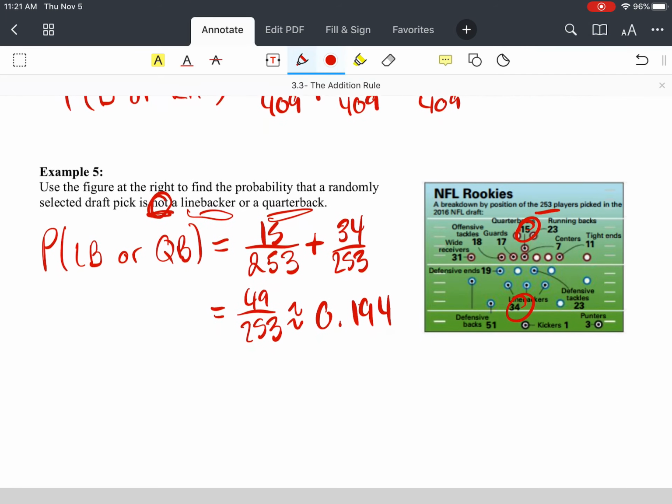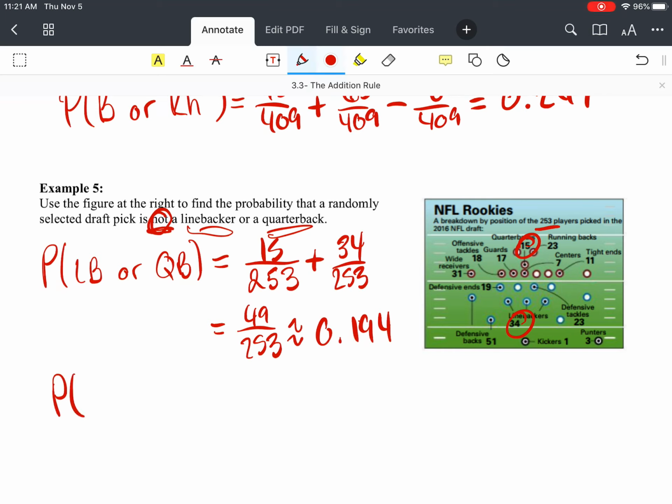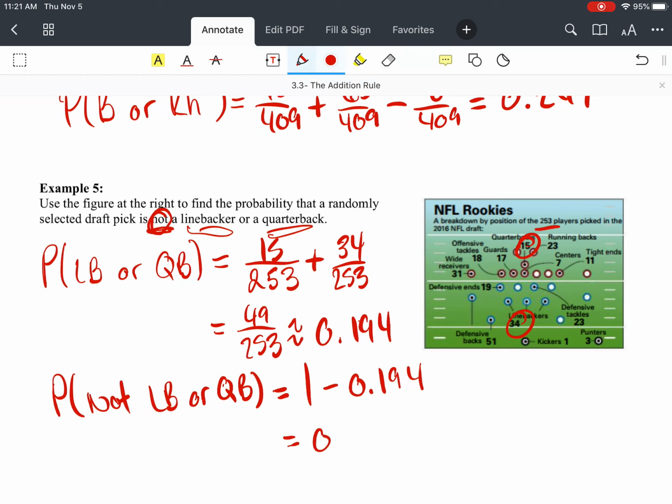0.194, okay, or 19.4%. Now, what we're actually looking for is the probability that they're not a linebacker or quarterback. So the way we can do this is say, well, we're looking at the probability of not linebacker or quarterback is equal to 100% minus the probability that they are. So this is the complement of what we just found. Okay, so when we do that, we get that this is equal to 0.806. Okay, so we have an 80.6%